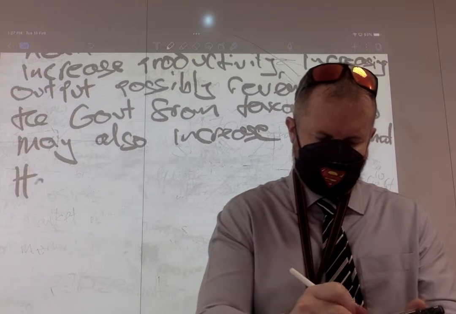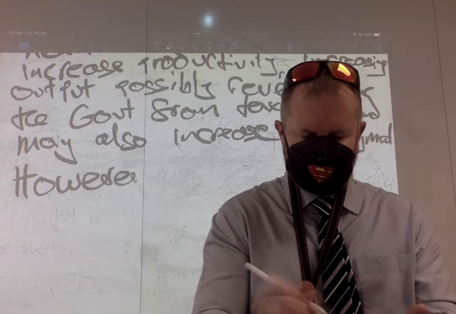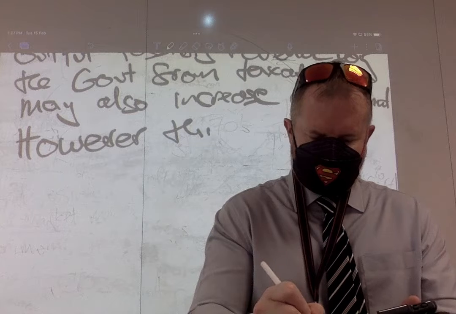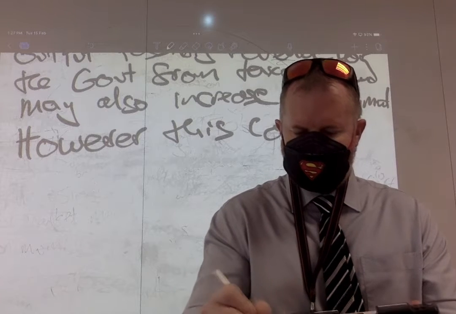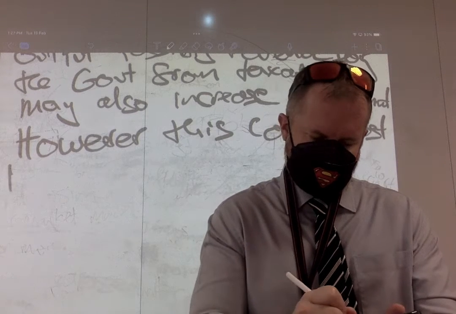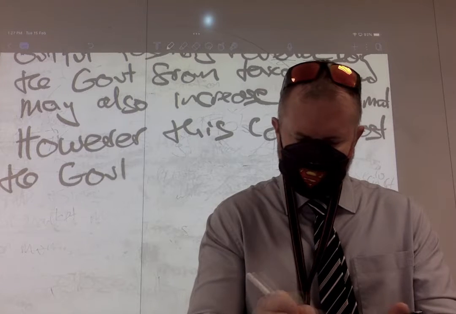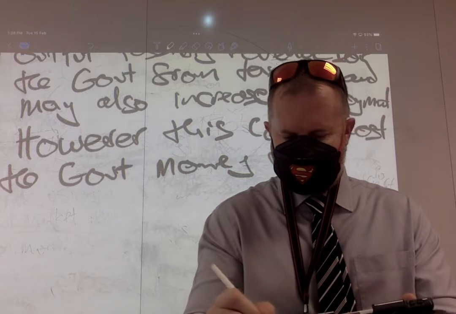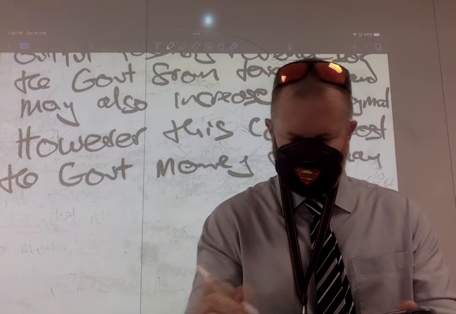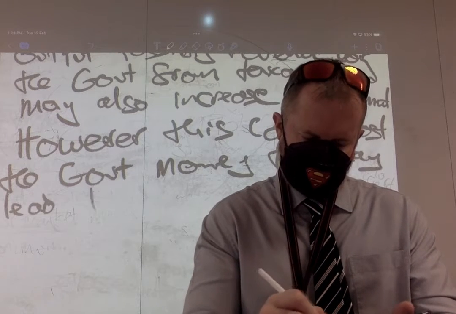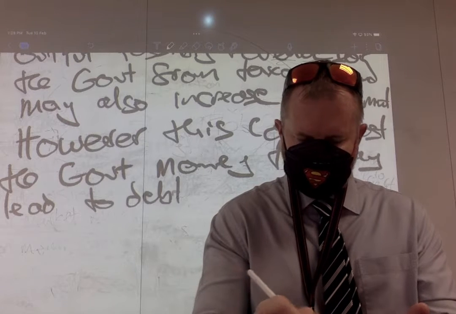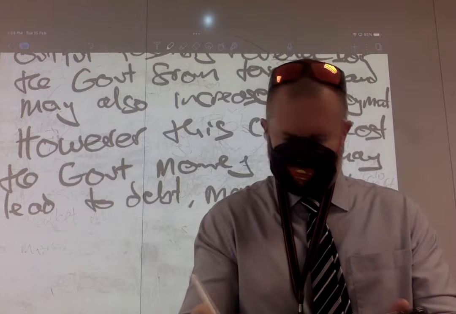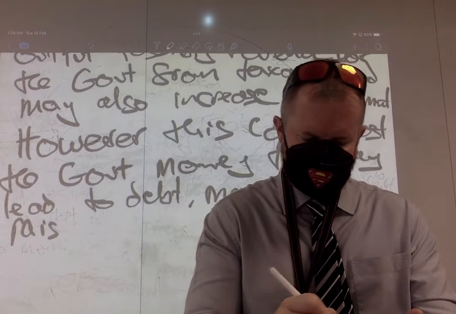So then we need to do a however, because we need to do the other side. That was the for side, then we need to do against. This could cost the government money. This may lead to debt, may need to raise taxes,